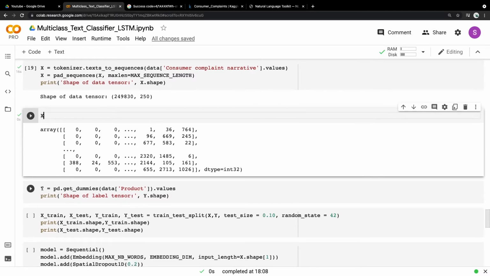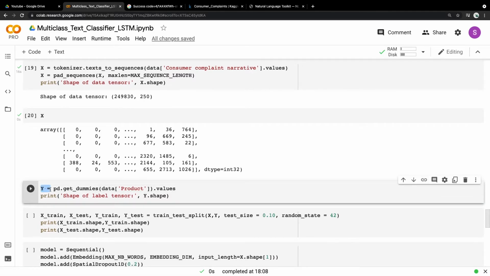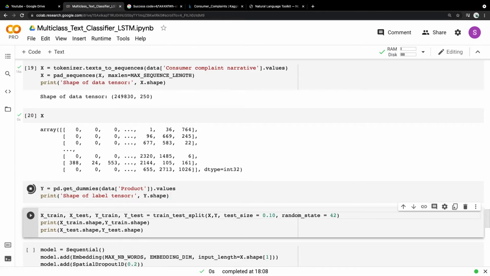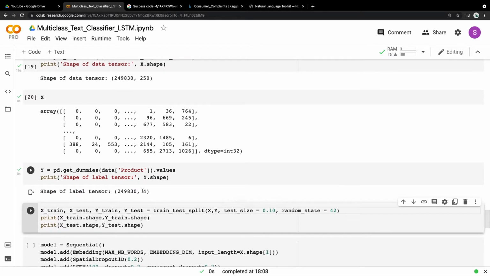Now let's convert the labels, that is the y column, with the help of the pandas get_dummies method. We pass in the product and get the tensor shape out of it. For example, if we have 4 columns, it will one hot encode the categories that are present in the y field. So let's check the y shape.